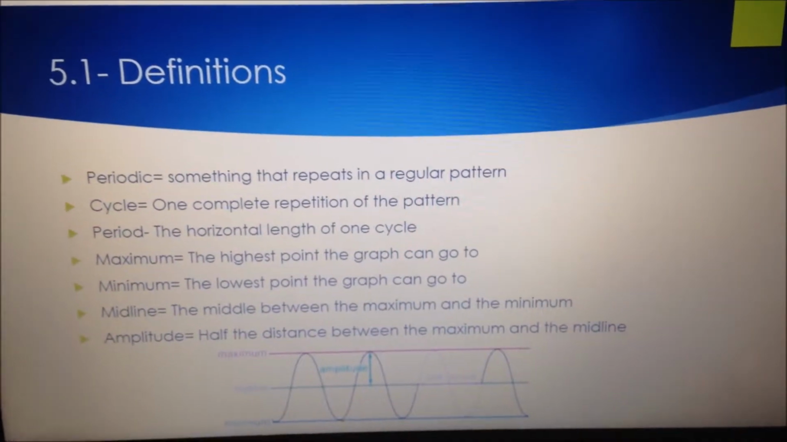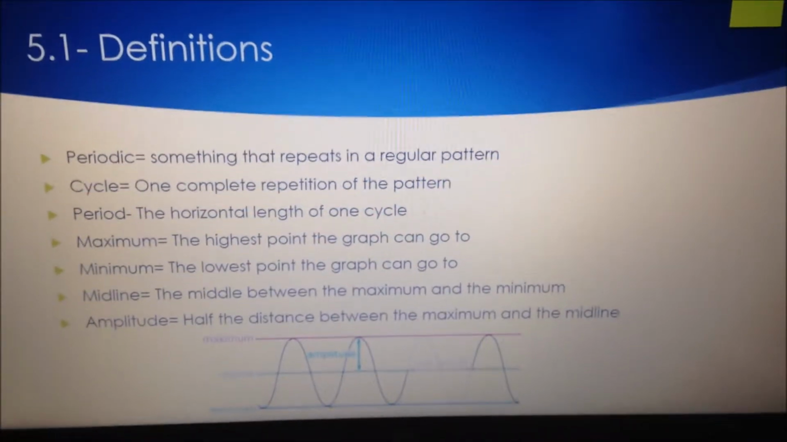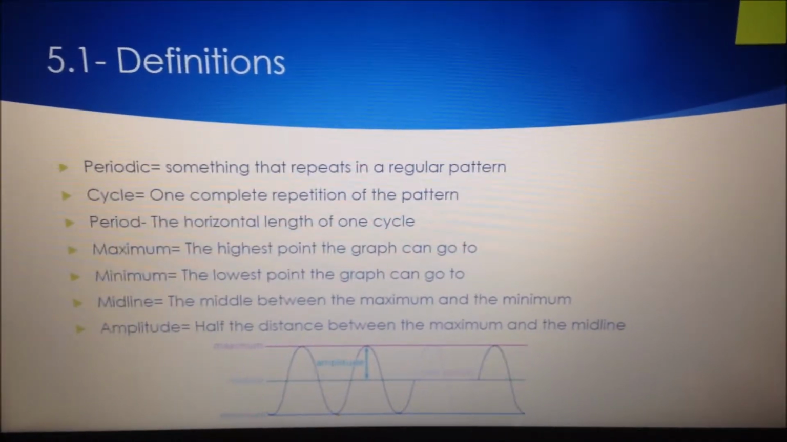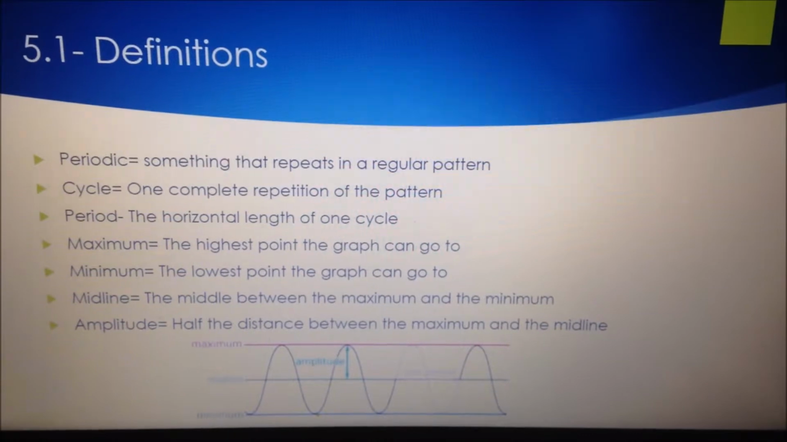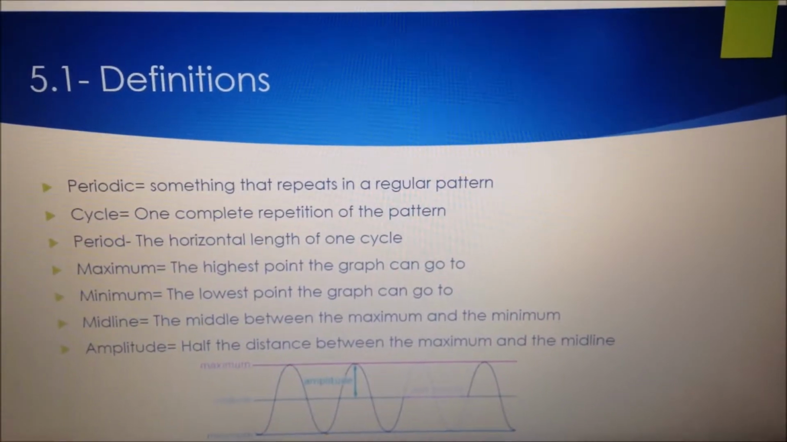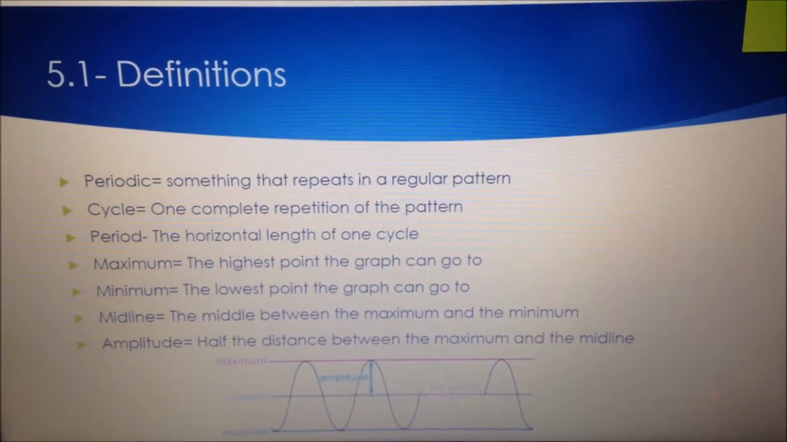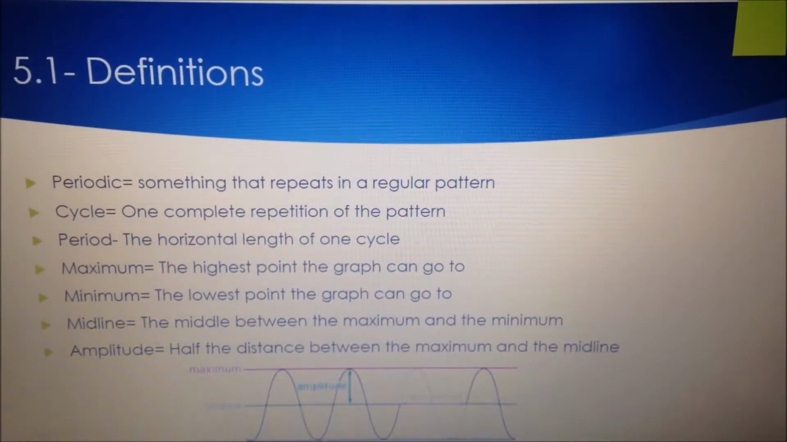So first you have periodic, something that repeats in a regular pattern. Then we have a cycle, which is one complete repetition of that pattern. We have a period, which is the horizontal length of one cycle. We have the maximum, which is the highest point a graph can go to. The minimum, the lowest point a graph can go to, and then we have the midline, which is the middle